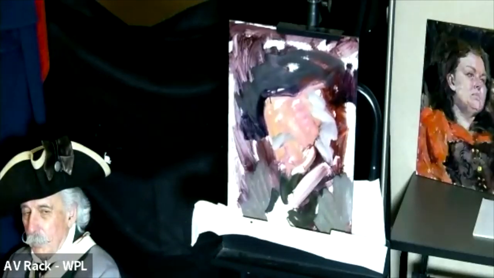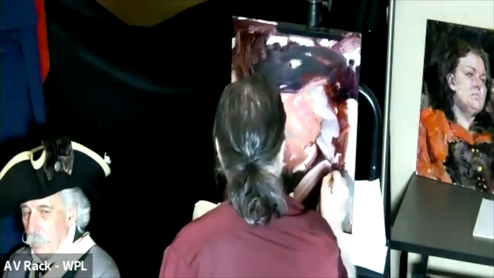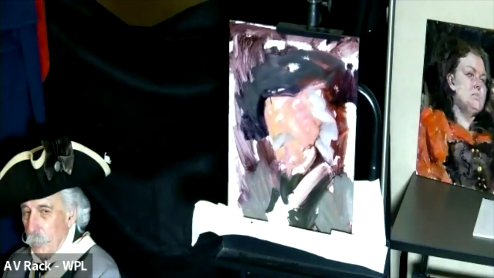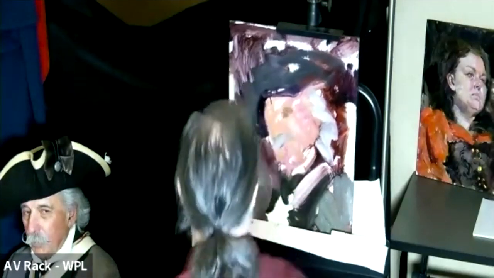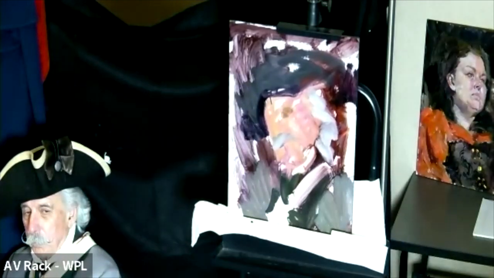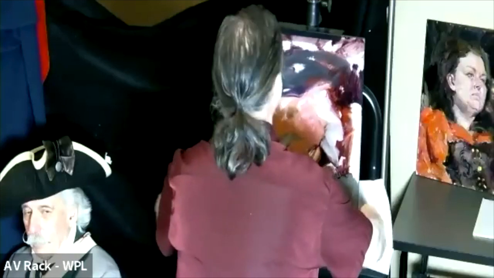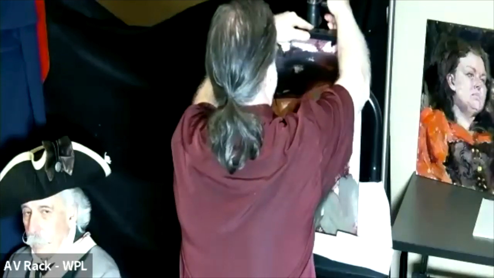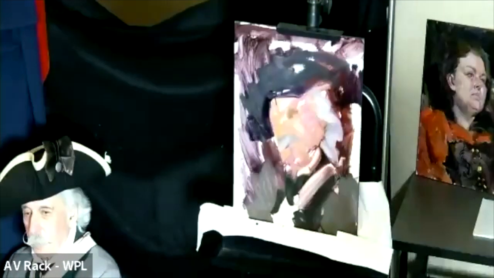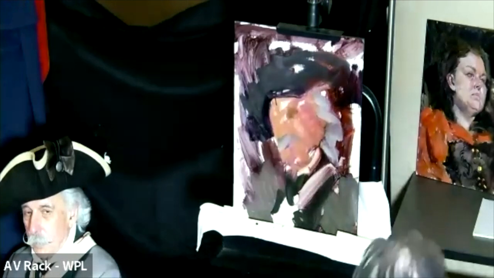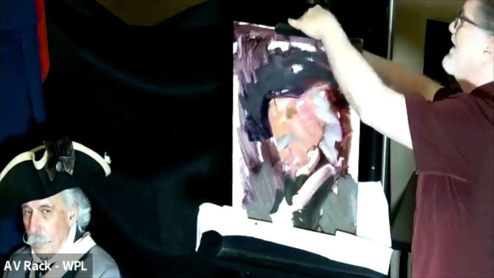That can be something I hold off till the end. Shove something behind there and make it a little more stable.